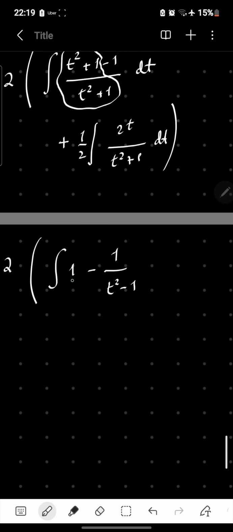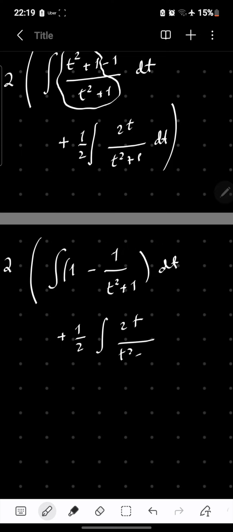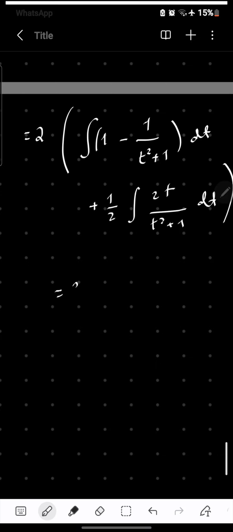So that's why I write 1 here, because the technique of adding 1 and negative 1 is oriented to cancel the first one, t squared plus 1 over t squared plus 1. It's 1. So by intuition, I wrote it 1, of course. 1 over t squared plus 1 dt plus half integral 2t over t squared plus 1. Now, the whole integrals are direct primitives, are ready to be solved, because 2 here